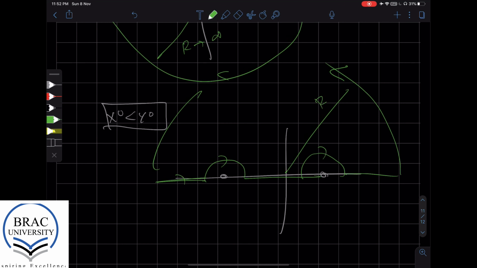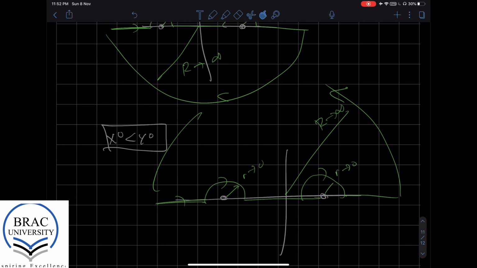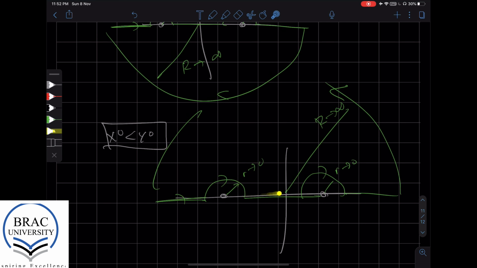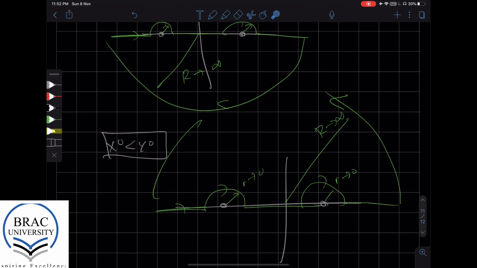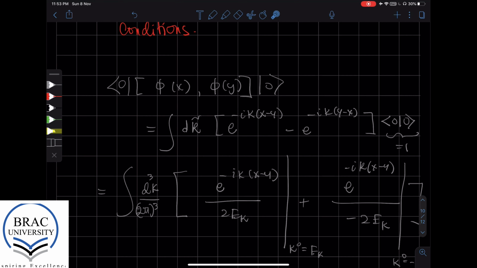And we take the limit where r goes to infinity, and the small r's go to 0. If we do this, we see that our contour on the upper half plane does not include any poles, and therefore the result of that contour is going to be 0. And therefore, when x0 is less than y0, our integral gives us the value 0,